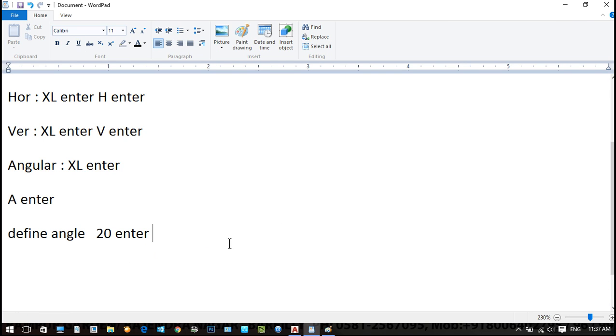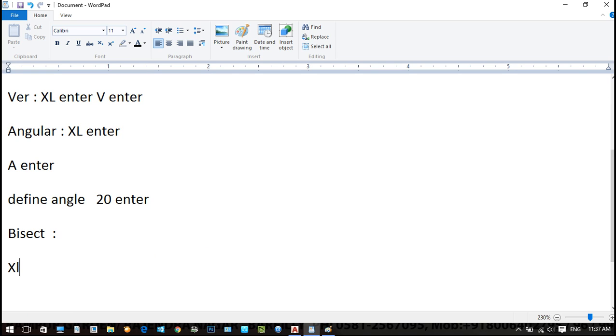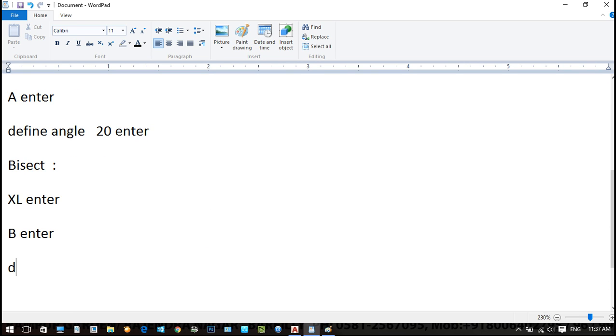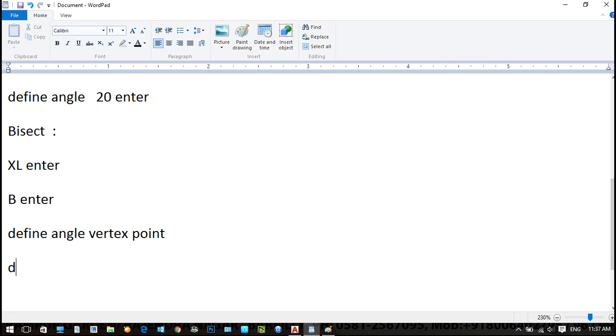So just like, to create a bisecting line, utilize Excel enter, B enter, define angle, vertex point. Define angle, start point.